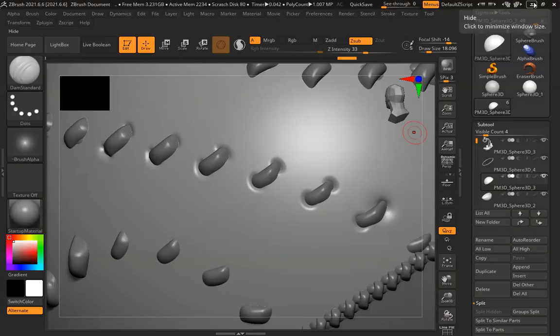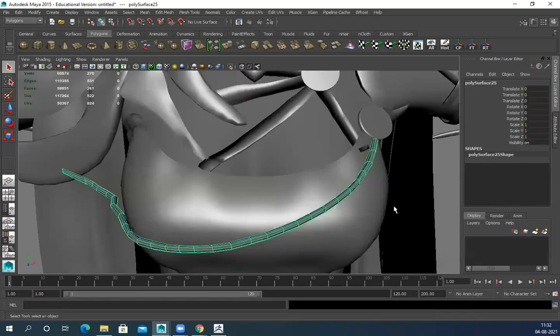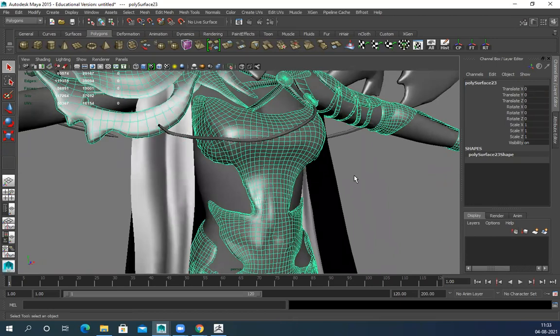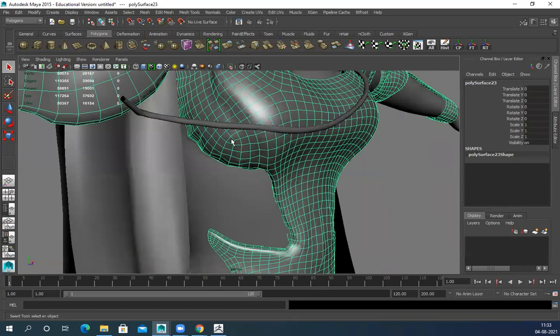Suppose in my model, I'll show you in my model. This is my model, right? So in my model, this part is one single solid geometry, but in high poly, it has 3 parts: that design, one layering, and plus that design, right? 3 layers. So if I bake this and generate an ID map, I'll get 3 selections.